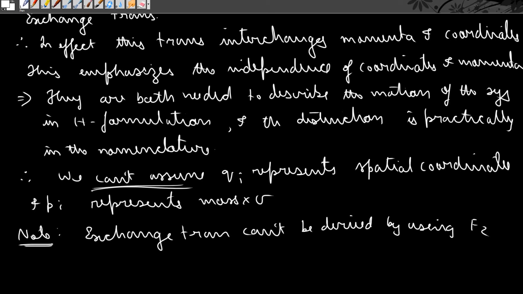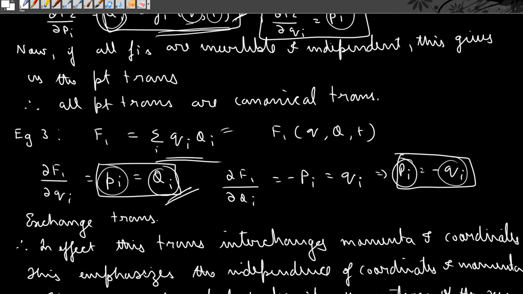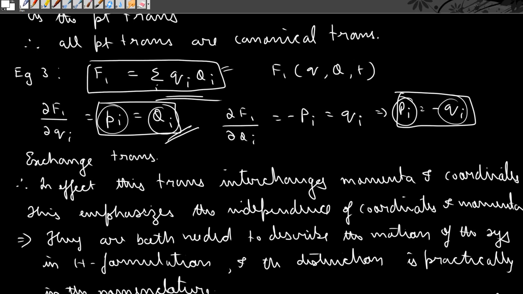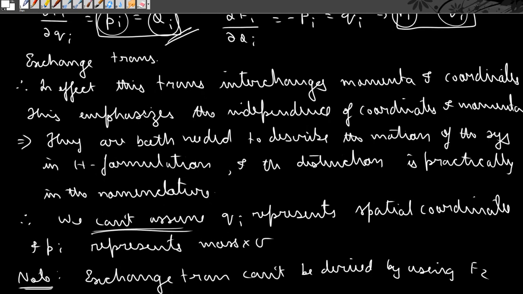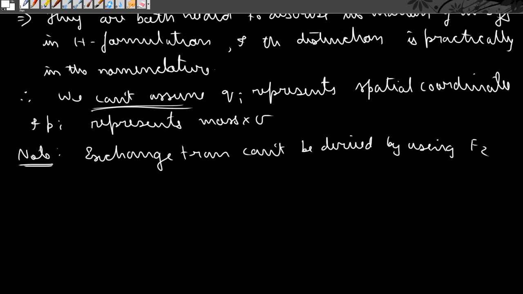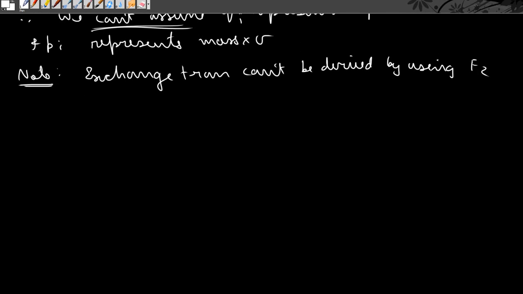Okay, here clearly we are using type 1 generating function, and this is why we are actually defining the 4 types of generating function, because sometimes we cannot use some generating functions to come up with some canonical transformations, as is the case wherein we cannot use type 2 generating functions, and that is why we are resorting to type 1. So this is because Pi is equal to dou f2 by dou Qi, and this